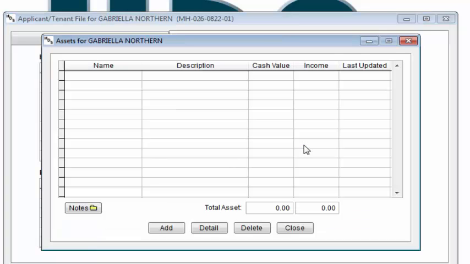When you click on Assets, the first screen you see is where all assets entered are listed. Here you will see the household member who the asset is listed under, the description of the asset, the cash value, the income, and the date this entry was last updated. At the bottom of the screen, you will notice the total asset field, which lists the total cash value